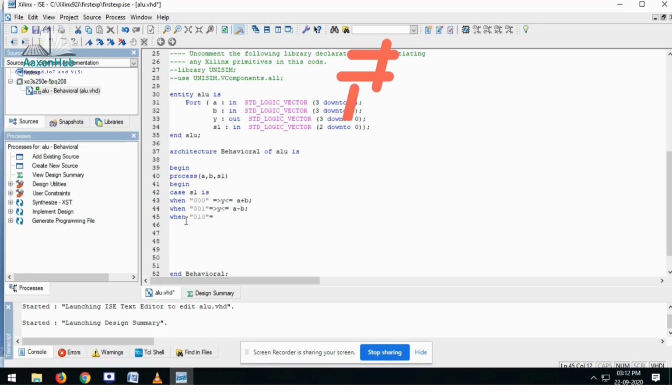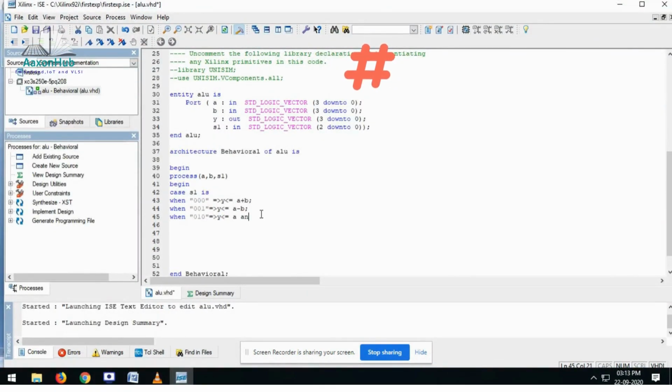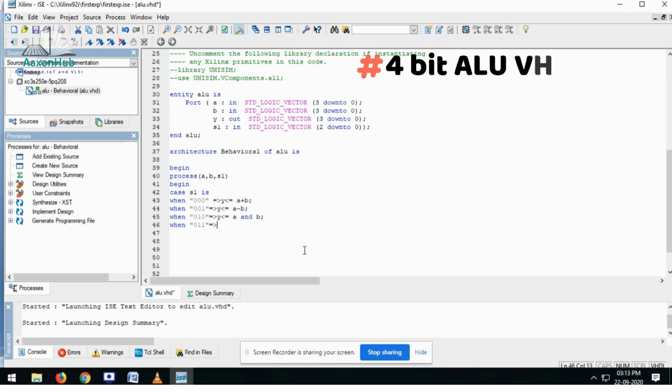Then you have to return Y. Another operation is A and B, so let's write A and B. Then, continue this writing until all the cases are covered. The next operation I am going to perform is OR, A or B.